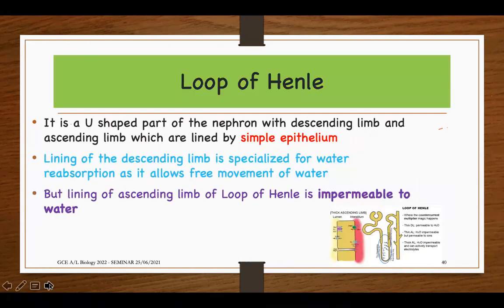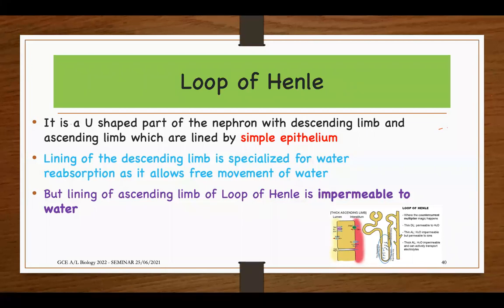Loop of Henle. This is the part I've shown in the picture, the loop of Henle. It is a U-shaped part of the nephron with a descending limb and an ascending limb that is surrounded by simple epithelium. Remember, first it's the descending limb. It will descend first and then it will ascend. Okay, don't mix up those two. Loop of Henle. First, from the PCT, it will come to the descending limb of loop of Henle and then